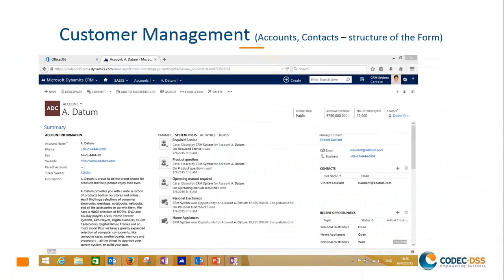This is an example of eDatum company, which we call an account record in CRM. For the first look, the form itself contains a lot of information. It's a default view. Of course you have an option to organize the details you would like to capture in the system. That's just the default look,